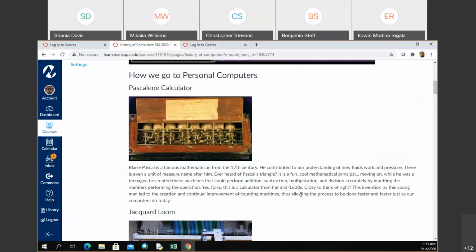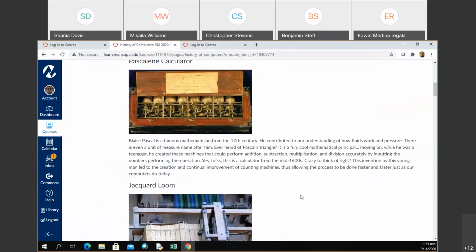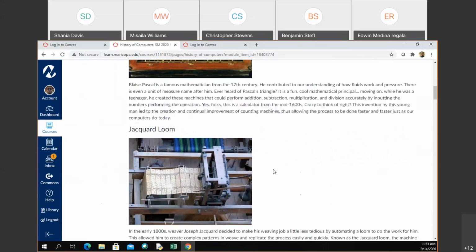And so he did that when he was a teenager. And that idea of having numbers automated based off of this pattern that you see here, when it comes to addition, subtraction, multiplication, division, is one of the things that led to computing today. So let's look at another big